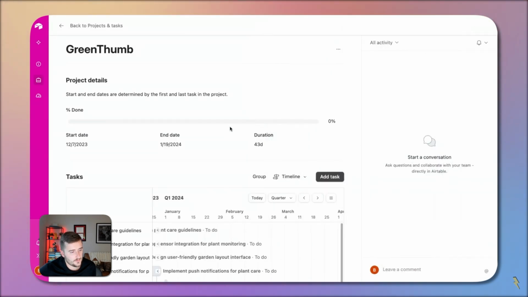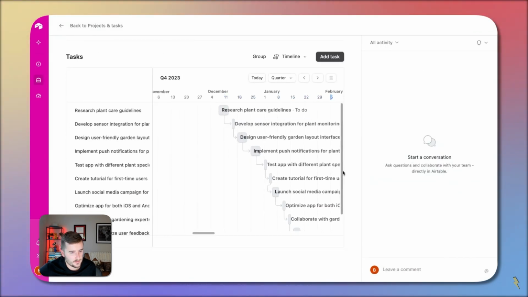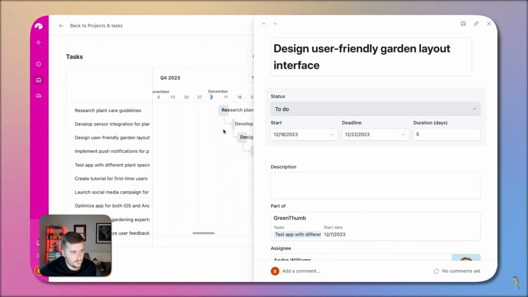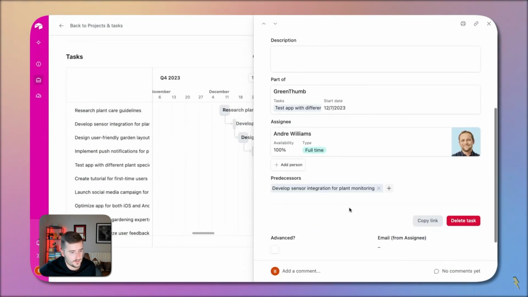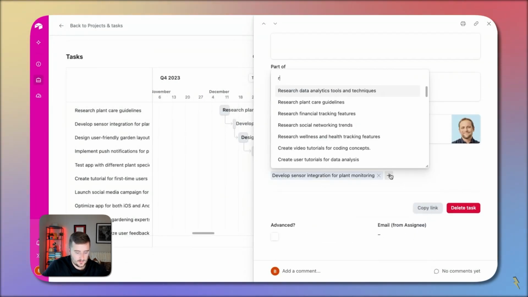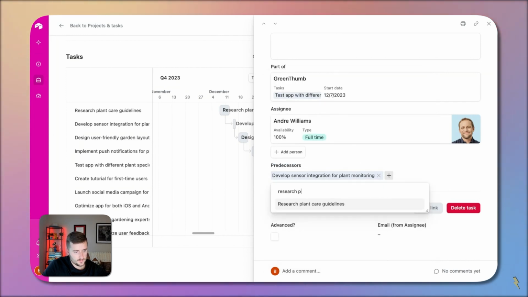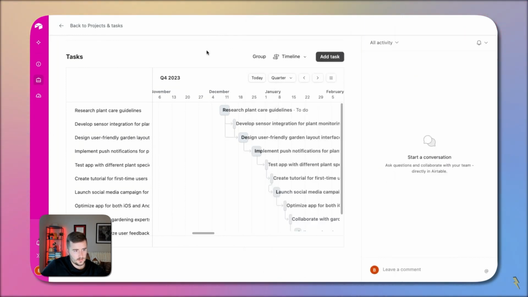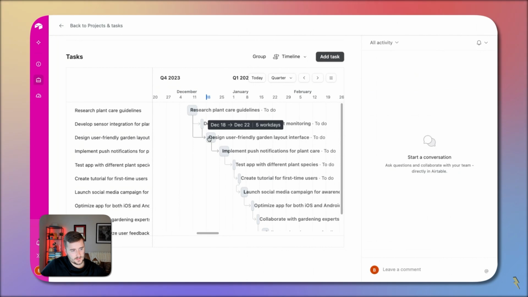What I wanted to show was basically with predecessors, like if I wanted to say a predecessor of this one, let's try making research plant care guidelines. This one has these two predecessors, and you see in this Gantt timeline view, it has both. So how you do this is